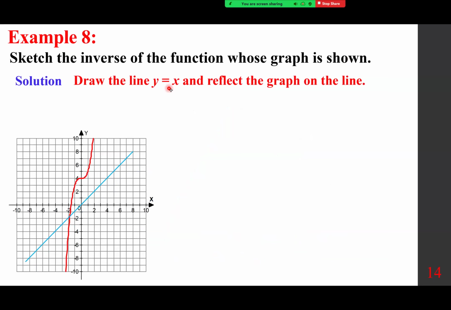So that means one easy way, find a few easy points on the graph of the red function, the f function, and then the corresponding points on its inverse. For example, this point